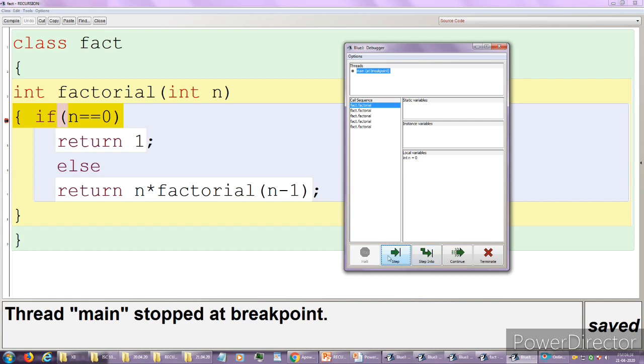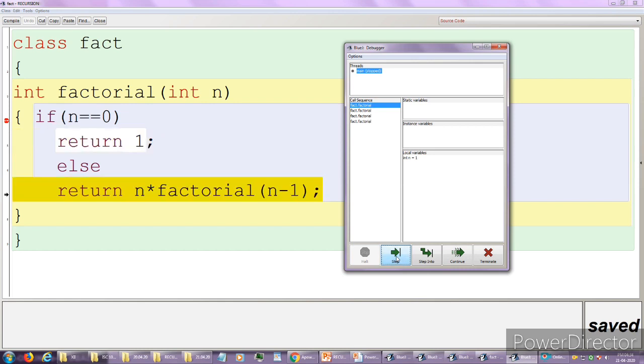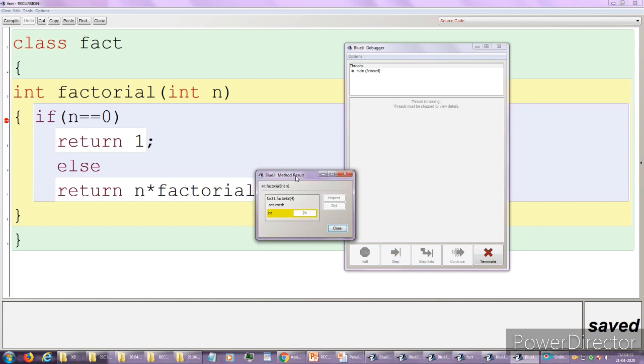What will this method return? This method will return 1. After that, we can see how many call sequences there are: 1, 2, 3, 4, 5, total 5 call sequences. Now, if I click on the next step, we can see that again it will go to the line n into factorial(n minus 1), and it will keep blinking there and calculate the result.